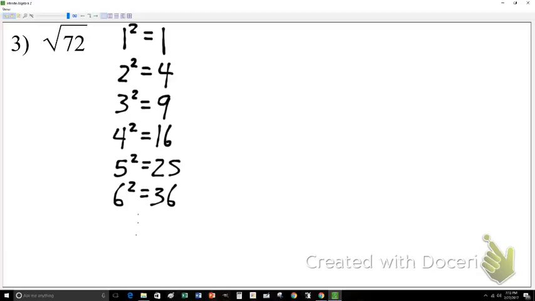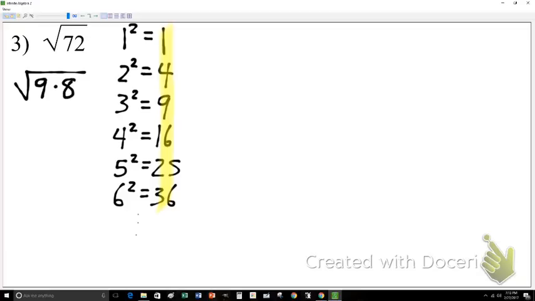We could keep going, of course. So what we'll try to do is factor out perfect squares out of the number 72. We try to divide 72 by 4 first. Now that doesn't work. Can we divide 72 by 9 and get a nice even number? Yes, we can. 72 is divisible by 9. So we can factor 9 out of 72. And 9 times what is 72? 9 times